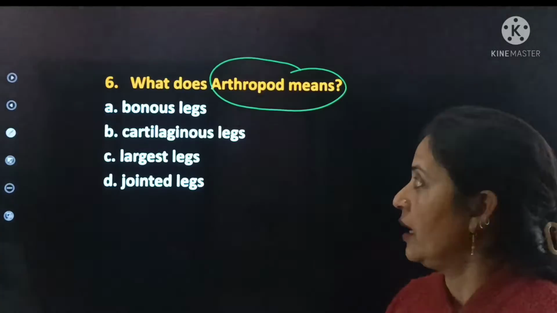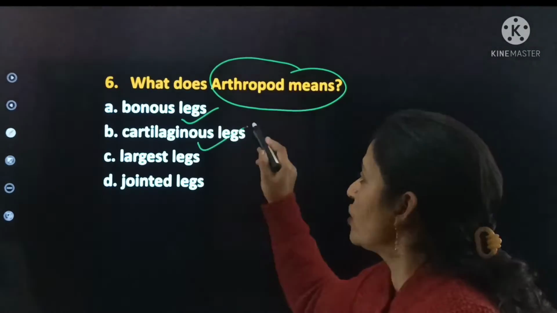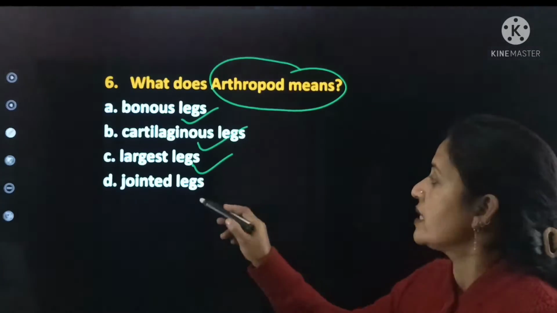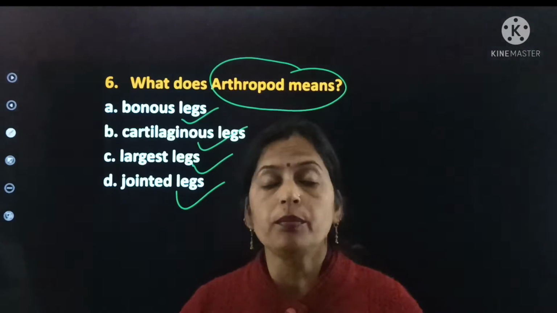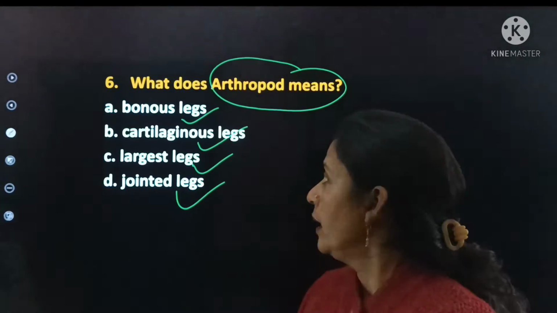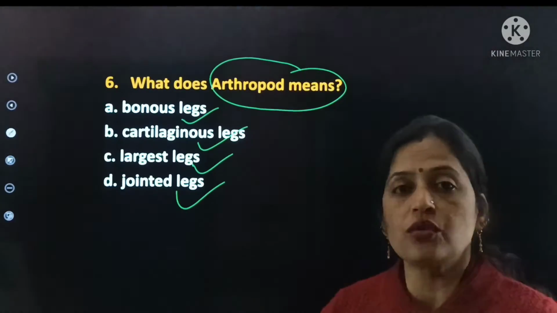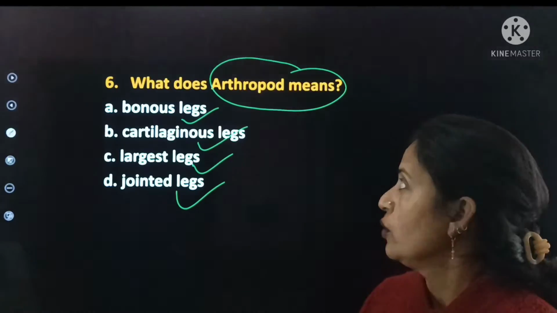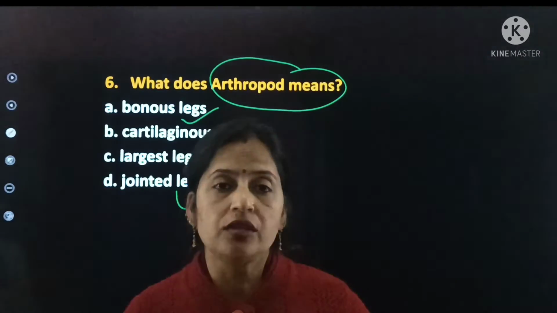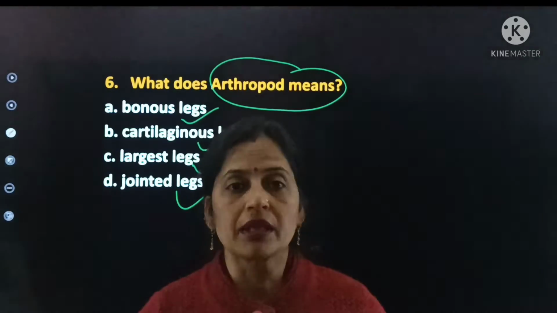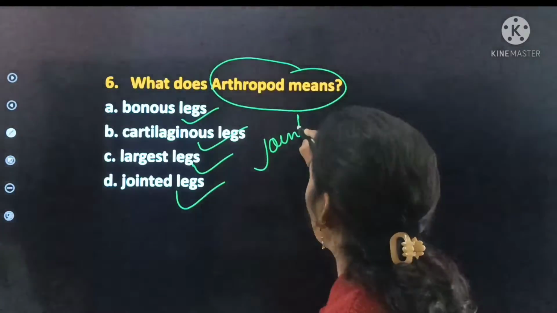Arthropod का क्या मतलब है? बोनस लेग्स है, कार्टिलेजिनस लेग्स, लार्जेस्ट लेग्स, या फिर ज्वाइंटेड लेग्स। सो इनमें से व्हाट डज आर्थ्रोपोड मीन? तो आर्थ्रोपोड का सबसे इंपॉर्टेंट फीचर, या जिसका हम ये कह सकते हैं आर्थ्रोपोड का क्या मतलब होता है? आर्थ्रोपोड का मतलब है कि all these have jointed legs,